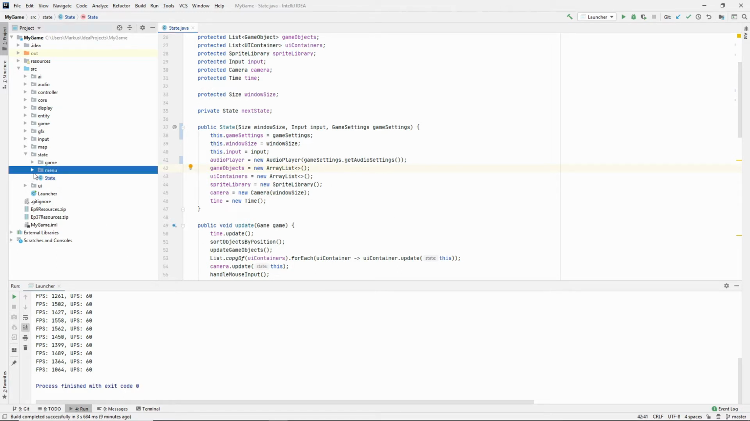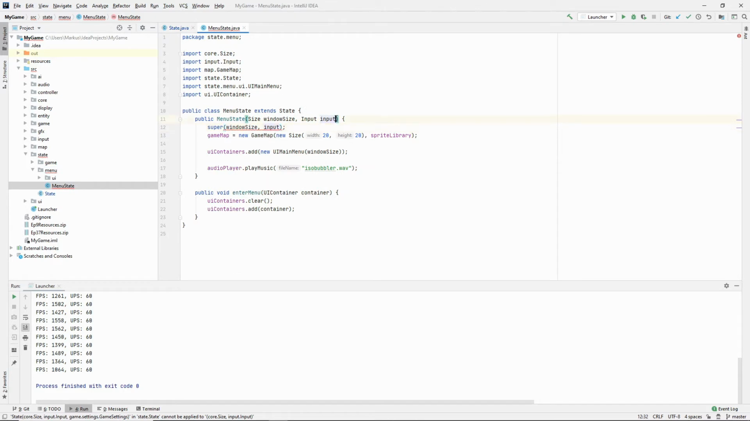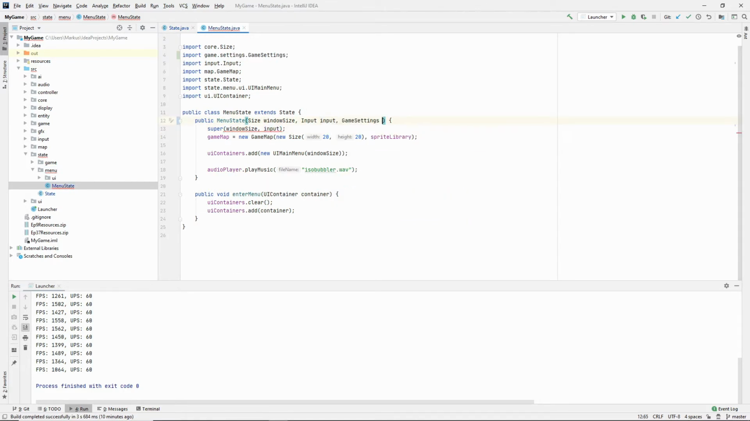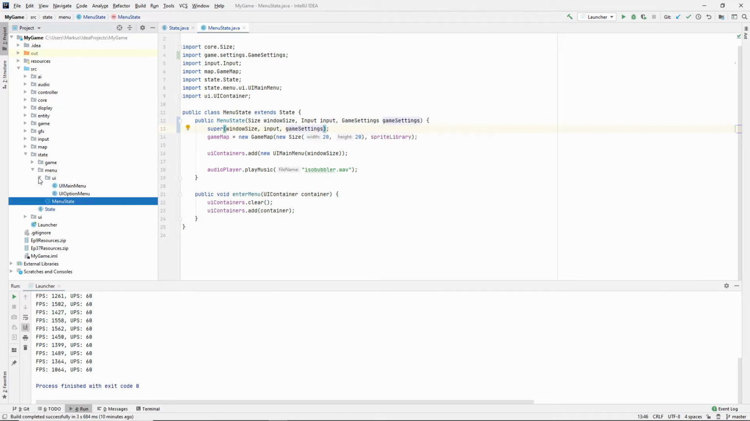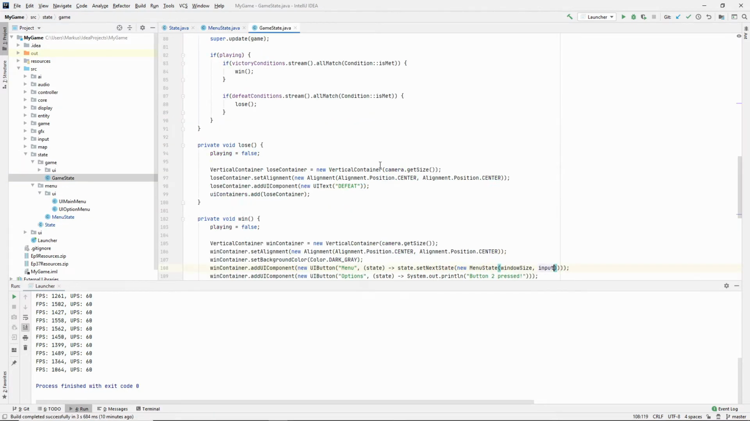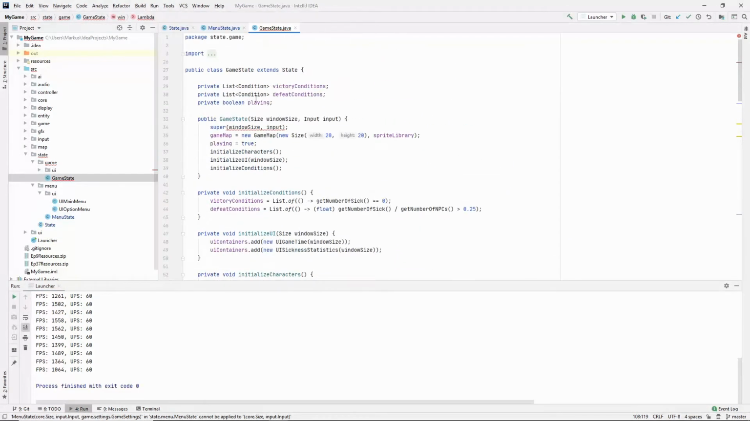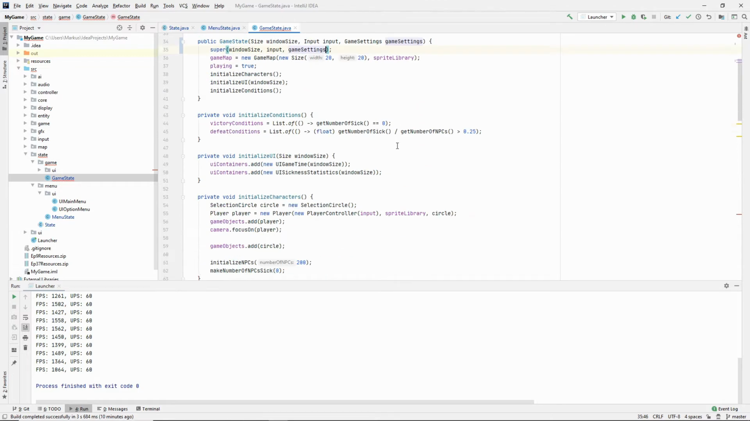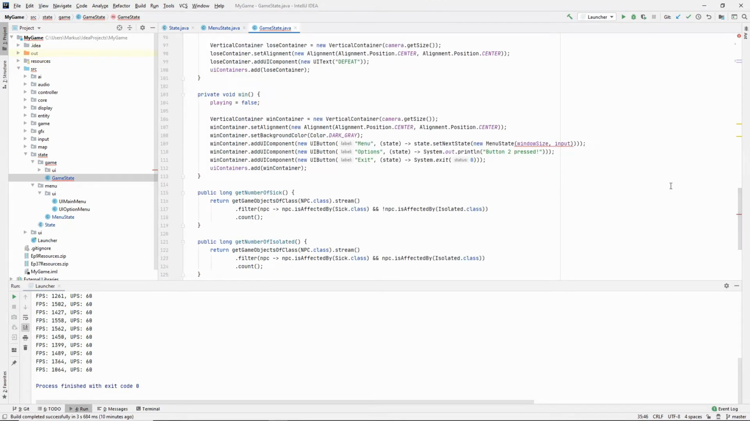However, now we need to fix the menu state and the game state. So we need to add it here too. And then put it in here. Then go to the game state. Go up here. We need to take that in. Game settings, game settings, game settings. And now you can see that this is red. It's because we're creating a menu state. So we need to pass in the game settings, which we can because we have it. And I'm sure there are more